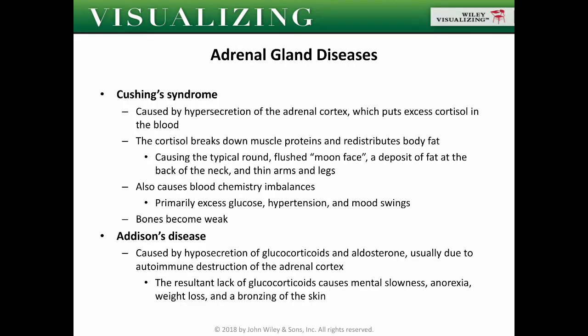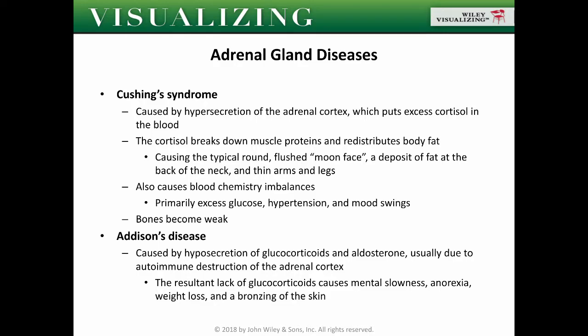Anyway, we talked about homeostasis, the balance. The hormones are tightly regulated, and any deviation from that very tight regulation causes a host of diseases. The diseases of the endocrine system are specific to the gland and the type of hormone affected. So we have Cushing's syndrome, which is the hypersecretion of the adrenal cortex, which puts excess cortisol in the blood. So even though cortisol helps you slim down by helping you utilize fats, excess cortisol results in